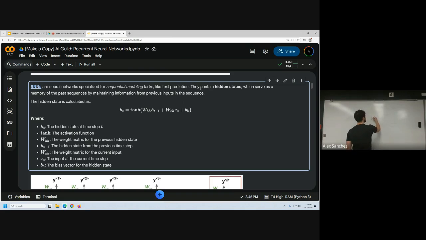So a hidden state. Here, I'm just going to copy down the formula and explain it. A hidden state is what goes on inside. We apply a tanh activation function, and we have a hidden weight matrix, which we multiply by the hidden state at time t-1. So this basically means the hidden state at the previous step. We multiply that with a set of weights, and then we add that with a weight for the current input at time t. And then we add a bias